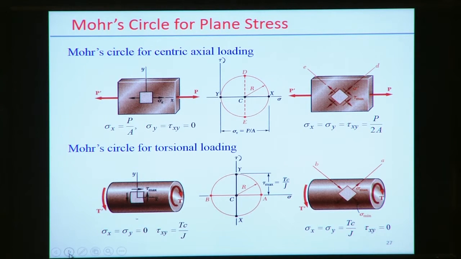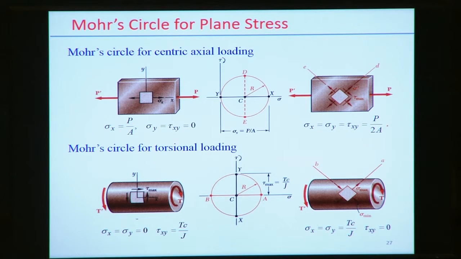Now this is the Mohr circle for simple axial loading. Representation of the Mohr circle for axial loading, where there is only one kind of loading, so along the x-axis there is only one stress, sigma x, but sigma y and the shear stress are absent here. Then Mohr circle can be drawn like that. For the stress state, it's that radial distance CY, that means sigma x, sigma y, and tau xy equal to